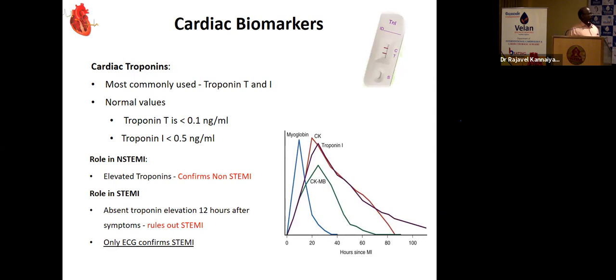Then what are the cardiac biomarkers? Normally, myoglobin will be the earliest biomarker to be raised. Next the troponins. Troponin I and T can be elevated, and CKMB will last up to 3 to 4 days, and troponins will last up to 1 to 2 weeks. Elevated troponin levels can identify ST elevation MI and also non-ST elevation MI. In case of unstable angina, if it is elevated, you can say it is a non-ST elevation MI. ECG only confirms ST elevation MI. Next.